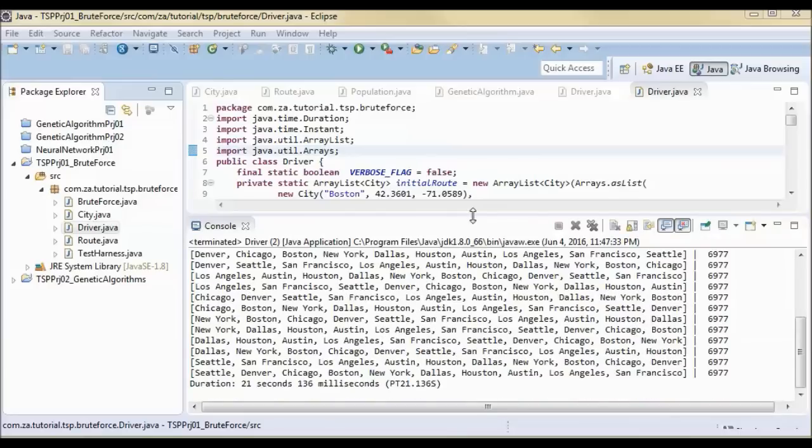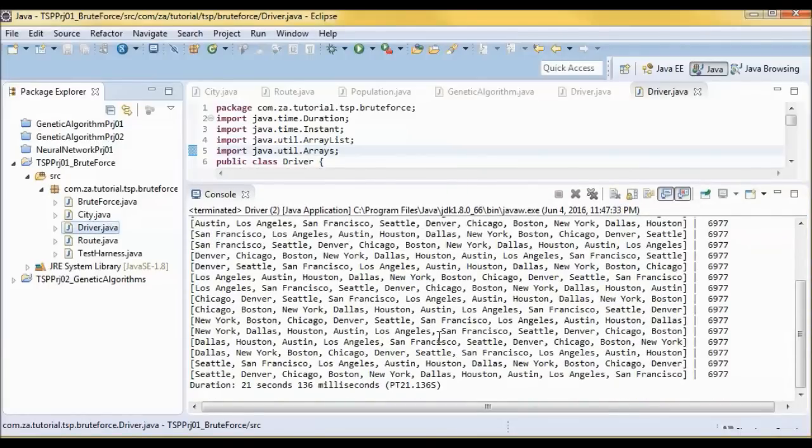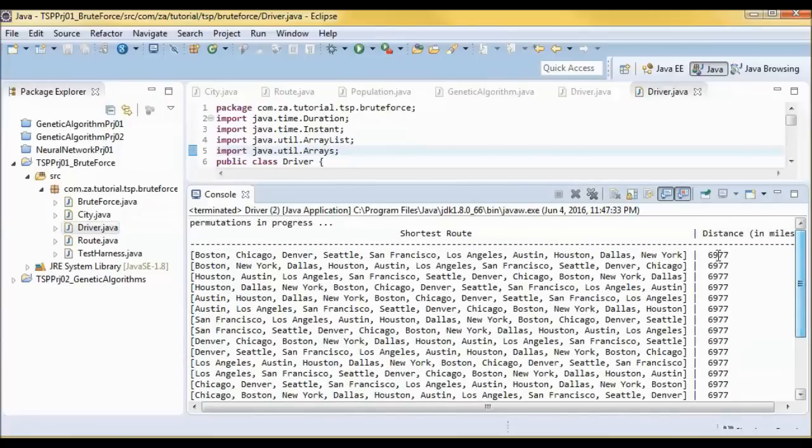So we have a 10 city tour, and the best distance is 6,977, and this is the best routes.